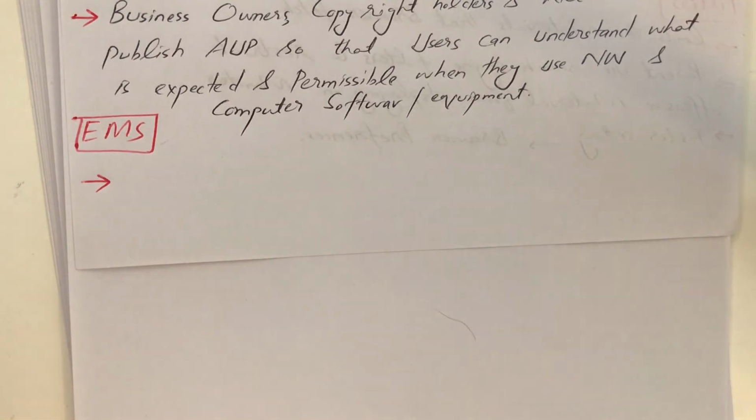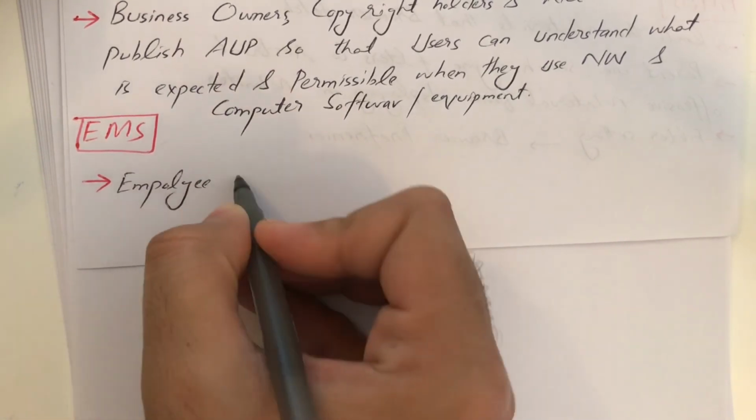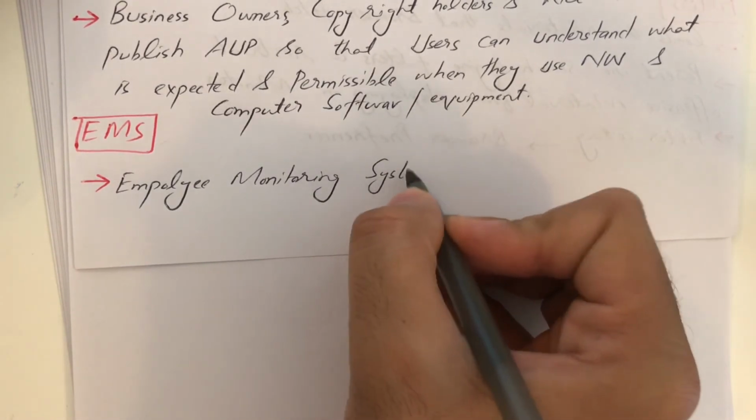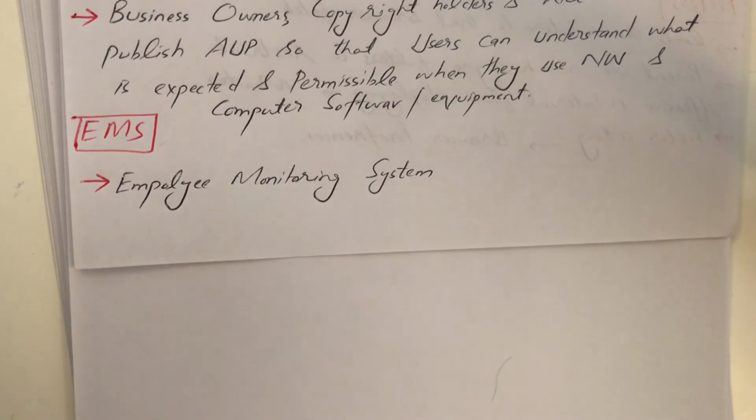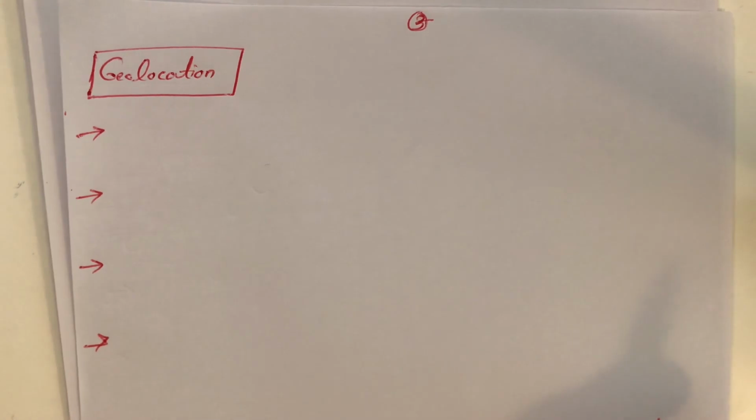We already talked about EMS, employee monitoring system. It's basically practical for smaller organizations, but if you have a large number of users, then it becomes impractical because of some potential misuse, or sometimes it is impractical to handle the large amount of data, but it's a good tool to monitor the activities of the people. Last thing is the geolocation, and some software actually track your location without letting you know. First of all, what is geolocation?